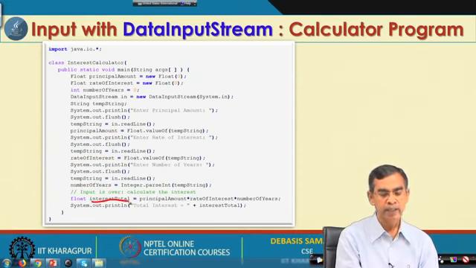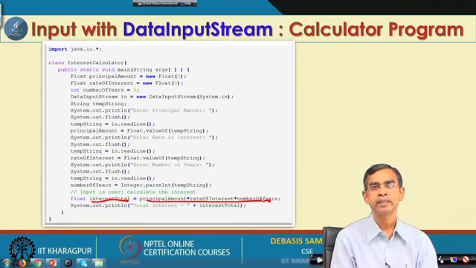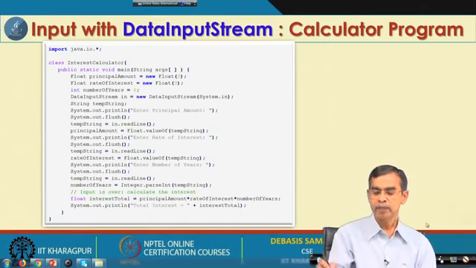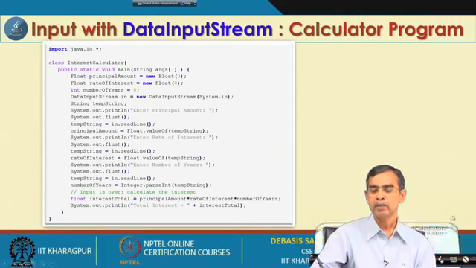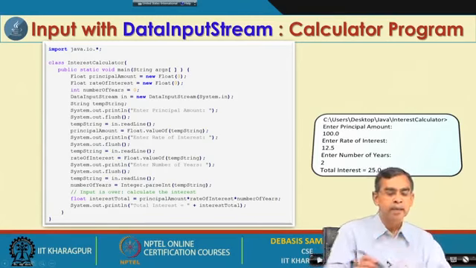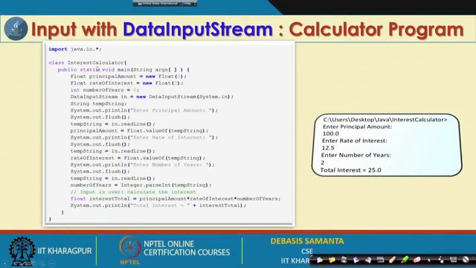Once the three inputs are read from the user, we are ready to calculate. Here we calculate the total interest as a float value, and this formula is simply a multiplication. The value will be calculated and printed on the screen. So, the idea is like this, and here is a quick demo so that you can understand how it works. We can run the program, named InterestCalculator. It will ask the user to type the values, you type them and press enter, it will take the values and finally complete its execution.